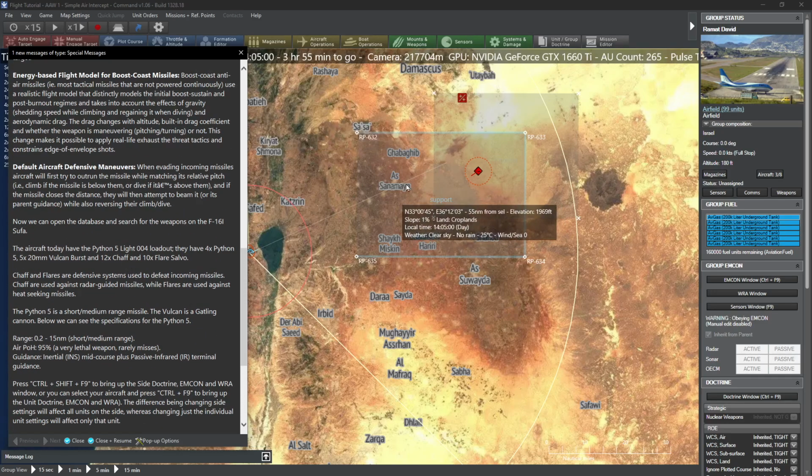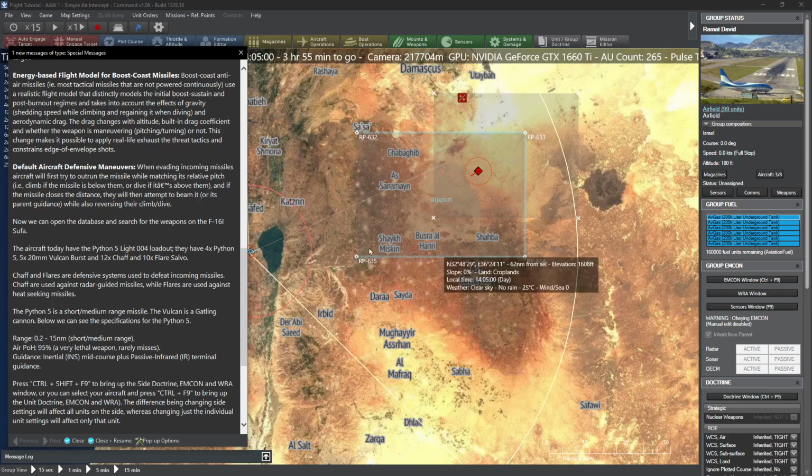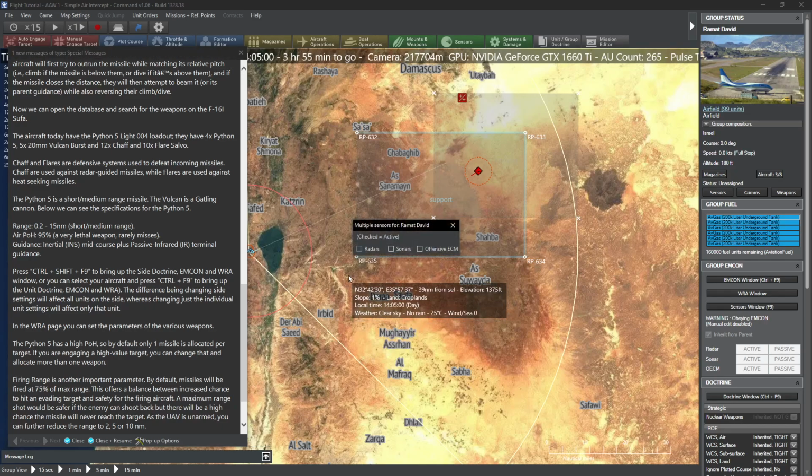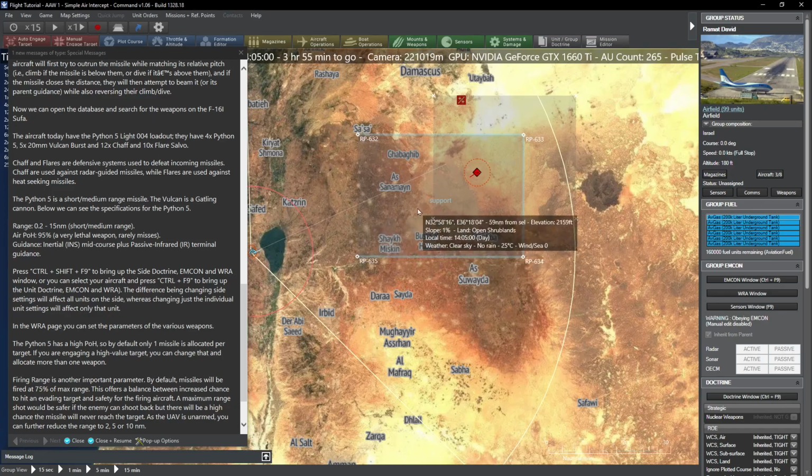So remember this, the F-16 has a Python light lowered out and Vulcan bursts. So it's got defences and Python 5 short range missiles and a Vulcan Gatling gun. Here we go, ranges of the missiles. Press Control Shift F9 to bring up the side doctrine window, which can select aircraft. Press Control F9 to bring up the doctrine. So if we just do that at the moment, Control Shift F9. No, we need to actually select our